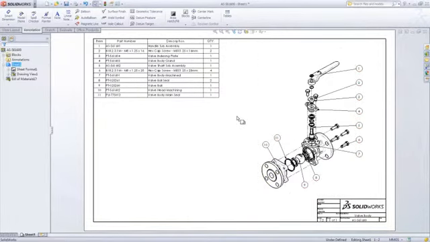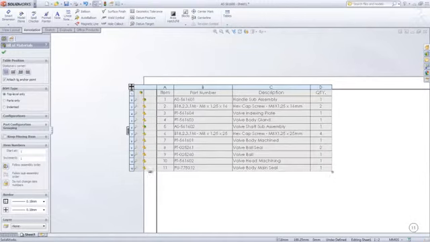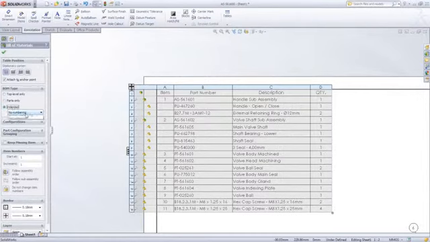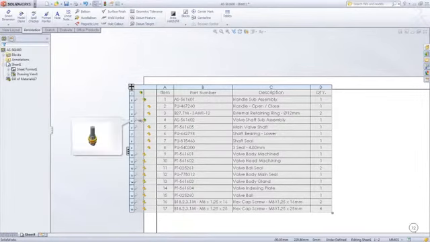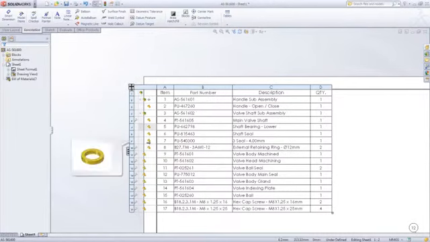The bill of material can be customized to your liking as well. You can expand the bill of material to see a list of components that have been detailed with balloons and thumbnails of each individual component. If your assembly contains sub-assemblies, you can expand those to show detailed numbering or a flat numbering sequence to create a flat bill of material. If you expand or collapse any sub-assembly, then the numbering will automatically update.